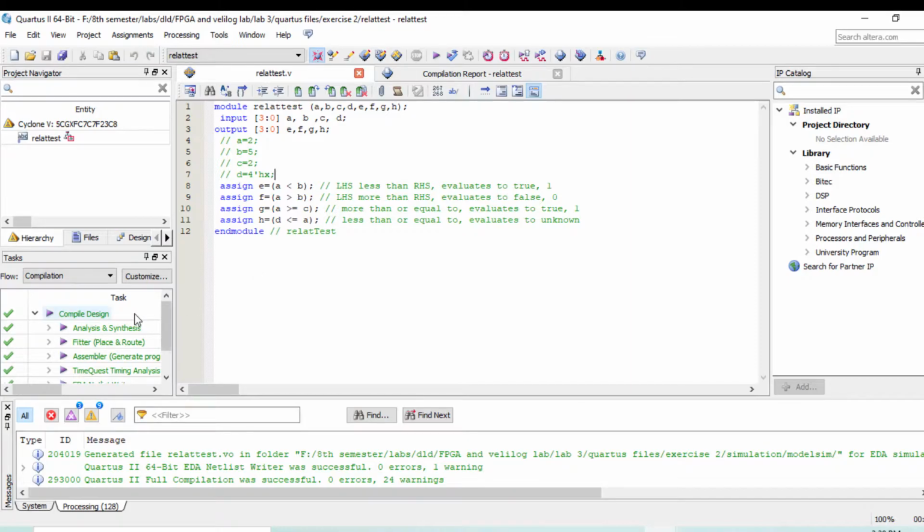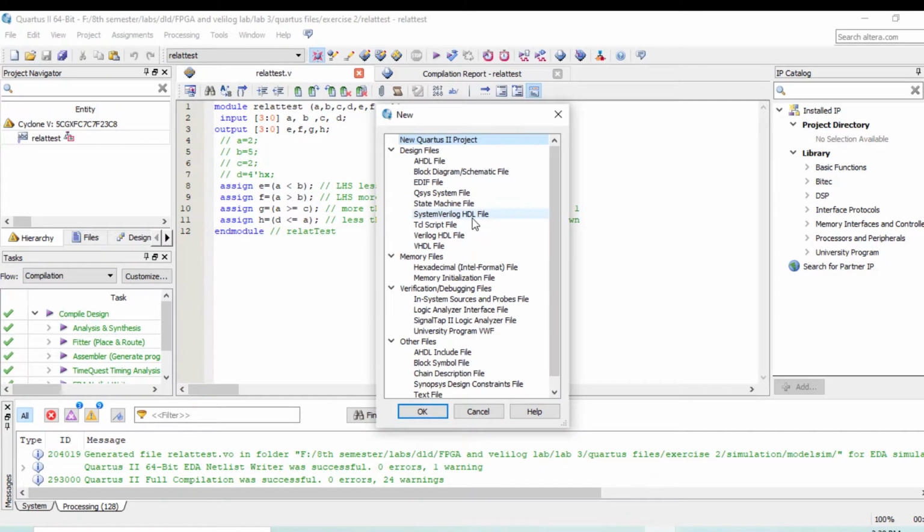Here you can see our compilation has finished successfully. And now it's time to execute the waveform of this program. For the waveform of this program, you should click on new.